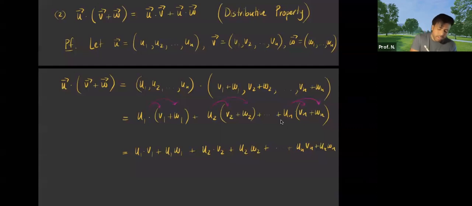And then what can I do here? I can group all the ones with the U's and the V's together: U1 V1 plus U2 V2 all the way to Un Vn. I can group all of these together